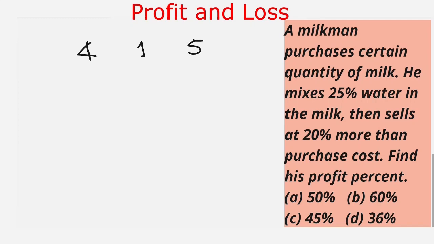Now, if we assume that the purchase cost per liter is, say, 1 unit of currency, then he spends 4 units of currency while buying it, and after mixing he is selling 5 liters of the mixture at 20% more price. So 20% of 1 is 0.2. So his selling cost is 1.2, and the amount made by him is 5 liters multiplied by 1.2,